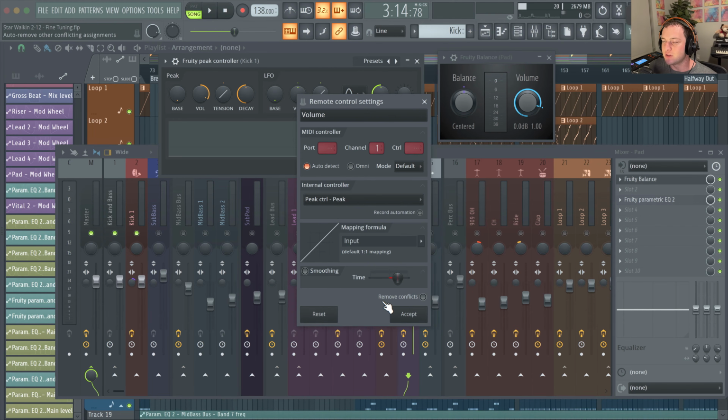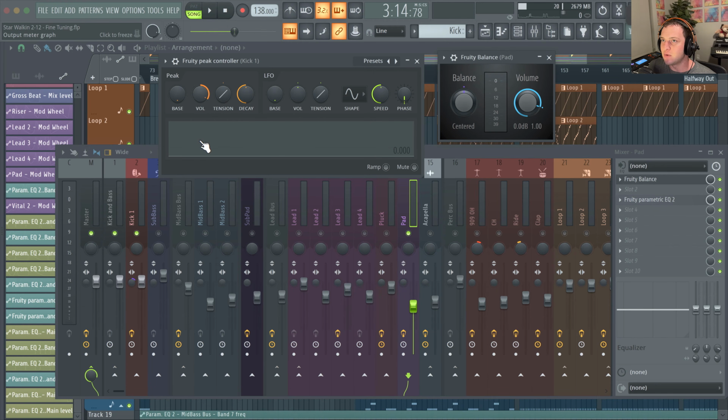Now we could invert this mapping, but I'm not going to do that. We can do it directly here on the peak controller. So just basically select accept. You can turn this smoothing down if you want, but without it, you can just turn it off. You don't need it to do that. So we're going to click accept. And now whenever the kick comes in,